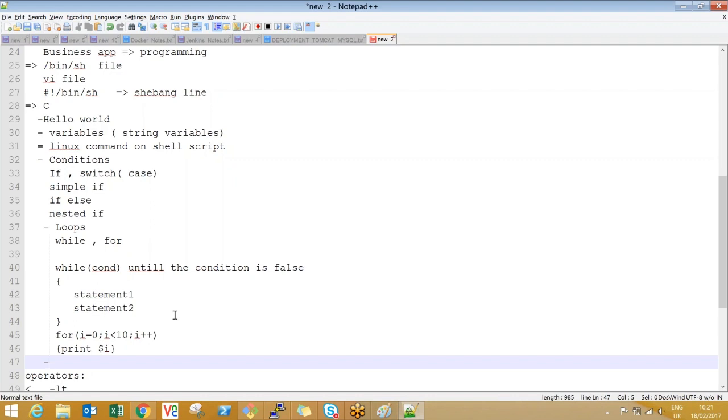Next, the main funda, the core thing. Actually, the core part. I'm asking about the core part. These core parts will be there in every language. See, conditions and loops are there in every language. There is no language without this. Similarly, there is one more important thing. Switch is done already. Switch case, we have already gone through it, right? Switch case is also called case.